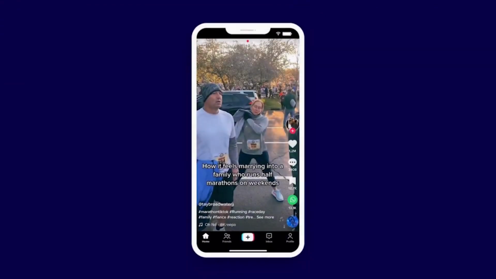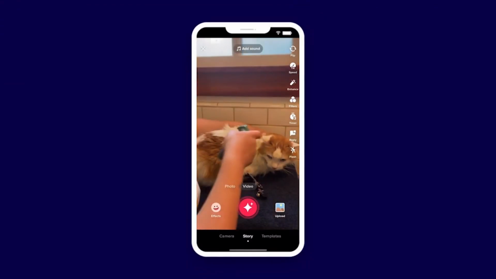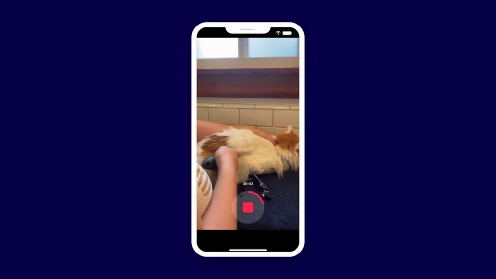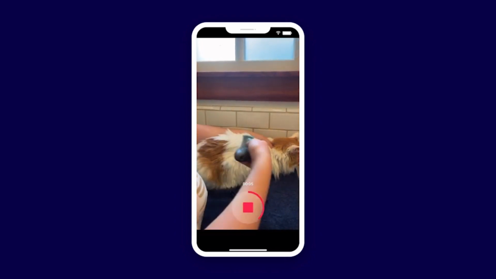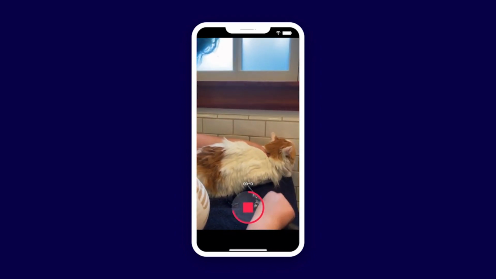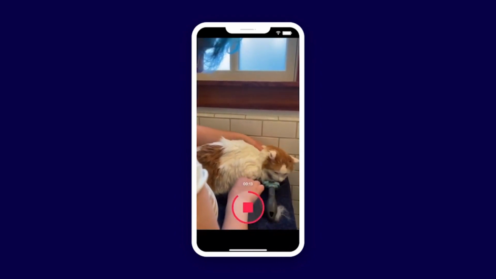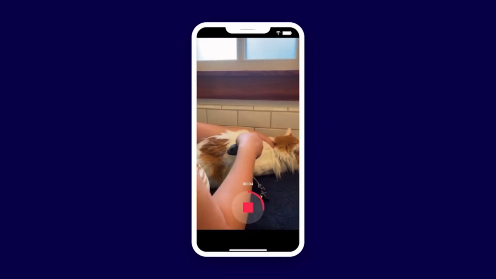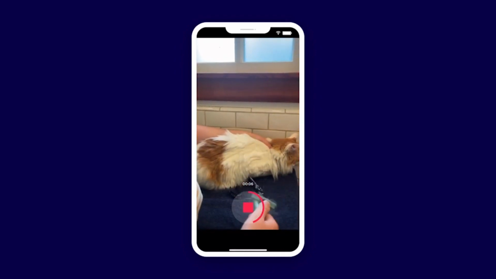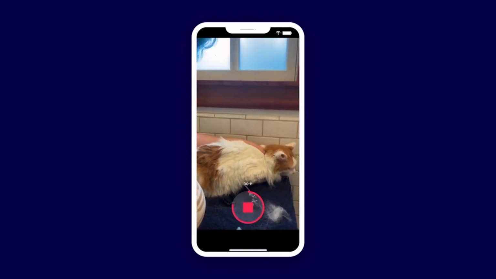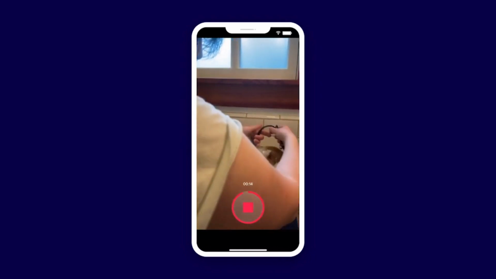He opens the TikTok app and taps on the plus button at the bottom of the screen, which brings up the record screen. Each time Carlos taps and holds the red button, his phone records. When he releases, TikTok stops recording and is ready for the next clip. Carlos can string together as many clips as he wants of all different lengths. If he doesn't like a clip or wants to start over, he can tap the X button and delete the last clip taken. As he records, a bar at the top will show how long his clips are, and he can always edit the length in the app later on.